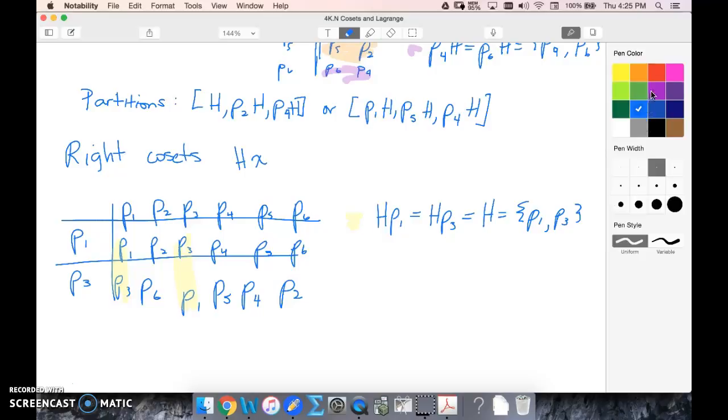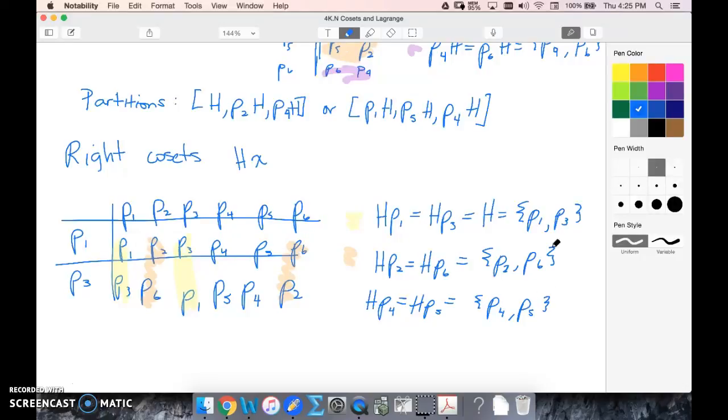All right, now I want to look for another one. So I see 2 and 6, and 6 and 2. So notice this time our orange is different. This is HP2 or HP6, P2, comma, P6. And that leaves the last one, 4 and 5. So HP4, HP5, P4, and P5. So again, our set is fully partitioned, but now our partitions,